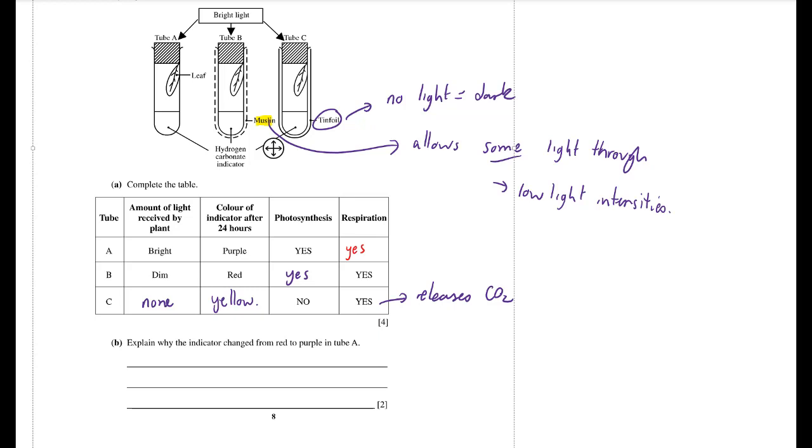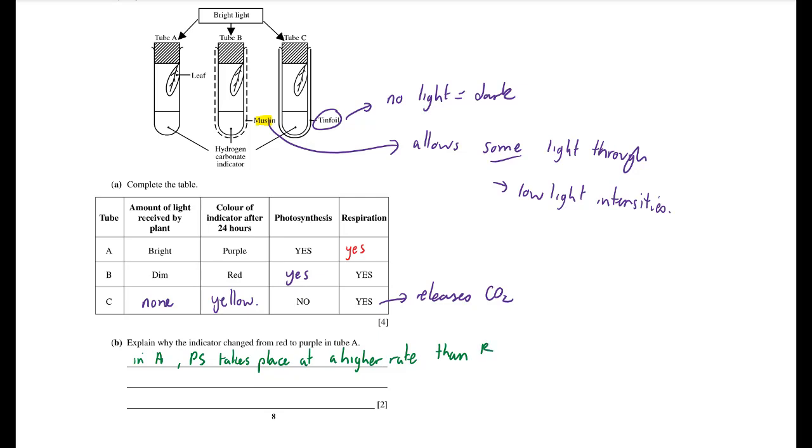The next wee part is trying to explain these results. So explain why the indicator changed from red to purple in test tube A. So you would use these results to help you out. So in A, photosynthesis takes place at a higher rate than respiration. So CO2 levels decrease as it is used up in